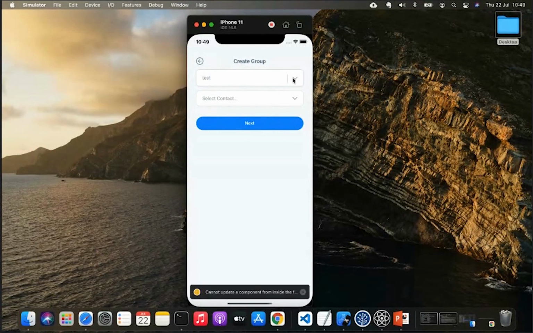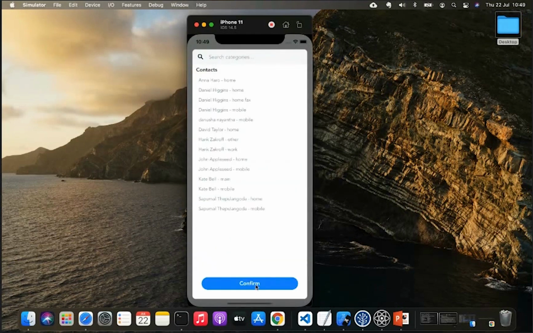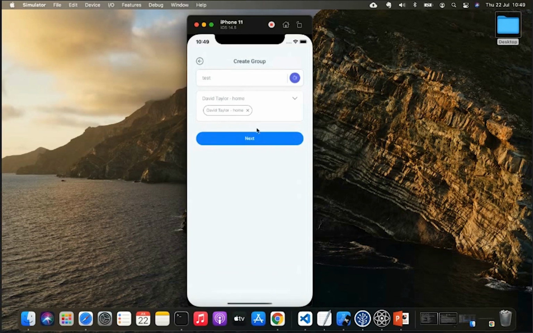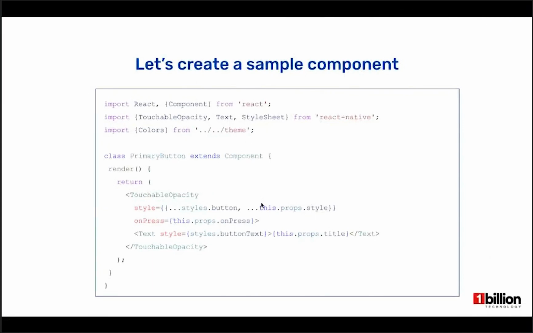Once we create a particular component, let's see. Here you can see another button component, and this button's title will be Confirm, right? And the look and feel of both buttons are kind of similar. That's why we have used a reusable component for this. As you can see, we have provided the title as a prop to this component.